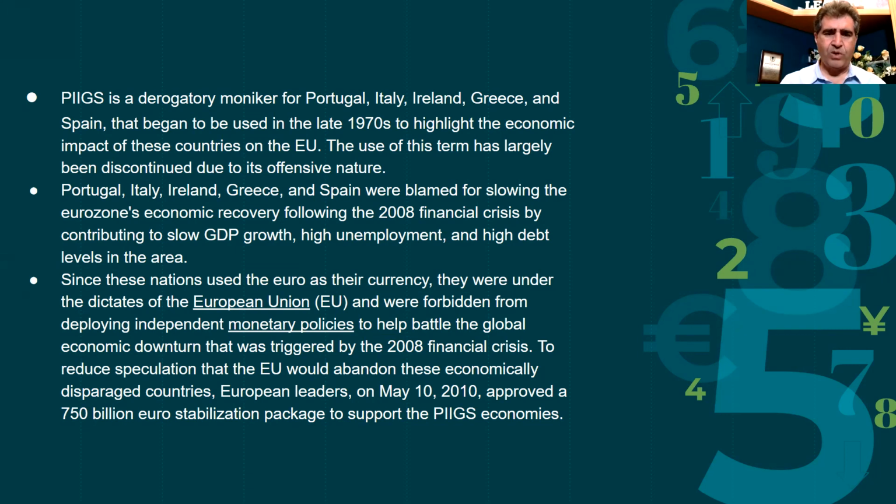And there were a lot of questions from a lot of northern economies. They were asking why they should be responsible for the irresponsibility of these countries. But anyway, this looks like a very distant past, but the effects still linger. The reason I want to share this with you is the relationship between the dollar and gold and the currency. So here we have a financial crisis in 2011.